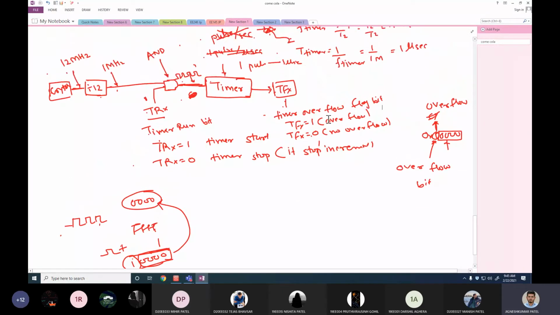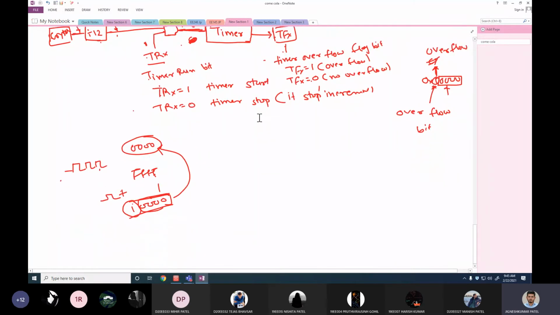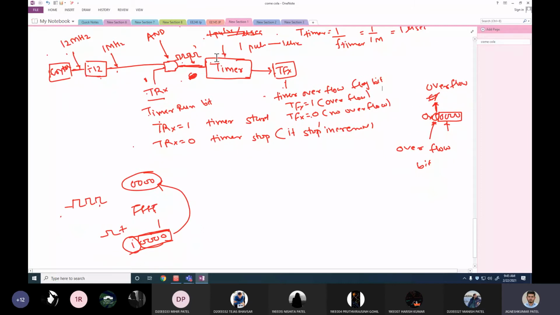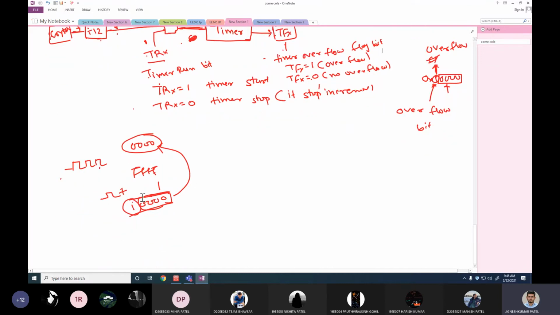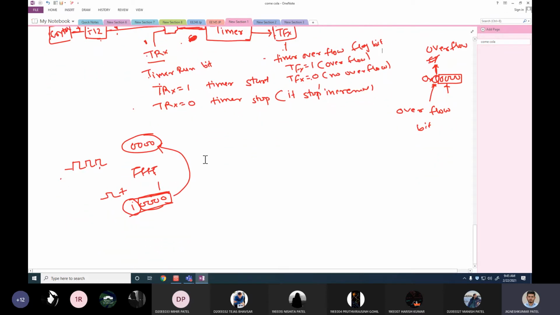What flag bit? This is the timer overflow flag bit. What will it show? It will show if a timer has overflowed. Why is that important? Because you have some events going on inside a timer, and due to that an overflow has occurred. That means your timer has reset. Now to handle that reset, it has been provided in terms of overflow. So by looking at overflow, you know that there is some data that has been processed.